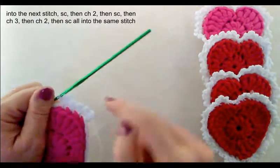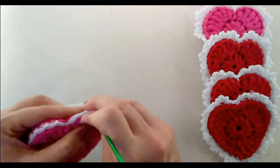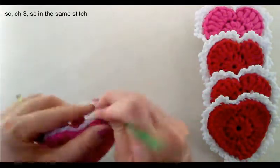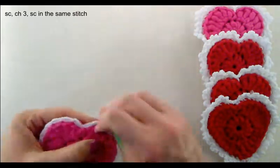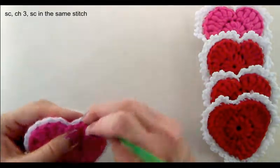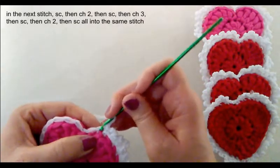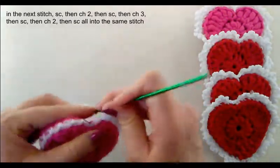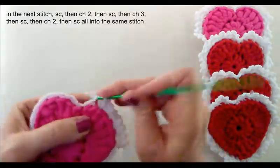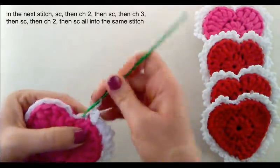Okay, so the next stitch we're going to work like this one. So we're going to do a single crochet, and then chain 3, 1, 2, 3. Single crochet right back into the same stitch. Okay, so for the next one, single crochet, chain 2, single crochet into the same stitch, and then chain 3, 1, 2, 3. Single crochet right back into the same stitch, chain 2,